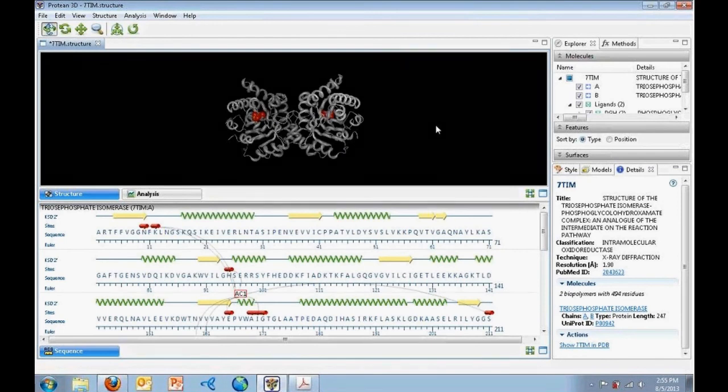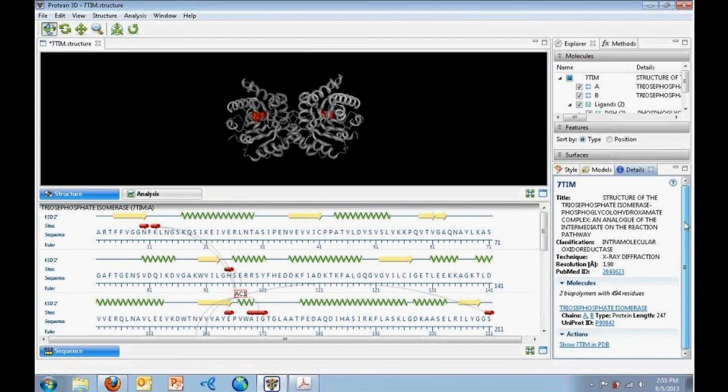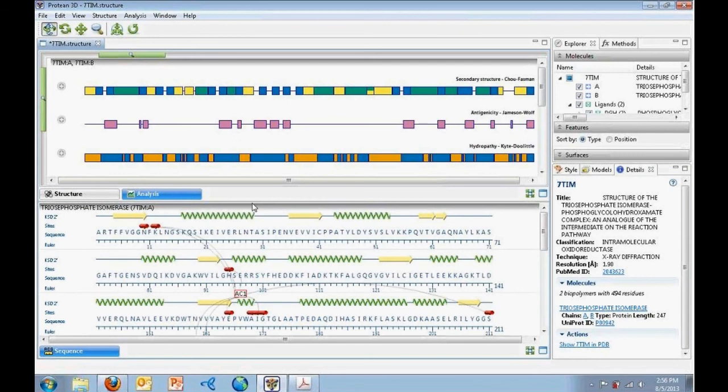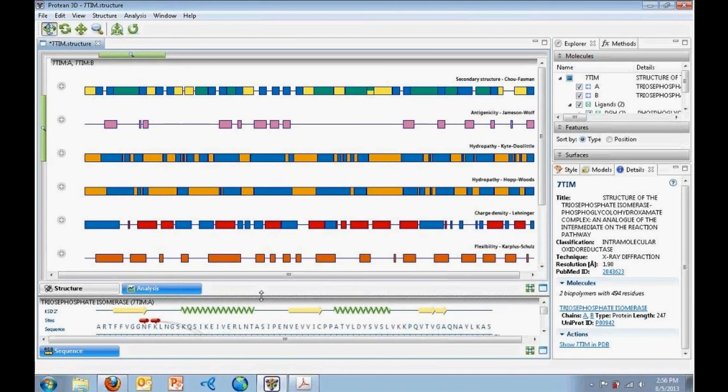Similarly, I can select any particular residue or subunit or structure of the protein and see the details on that as well. So here we can go ahead and take a quick look and see all the details for this particular 7-TIM structure. Now, one last view I'd like to discuss today is the Analysis view. So if I select that here and close down our sequence view a little bit to let us take a better look,